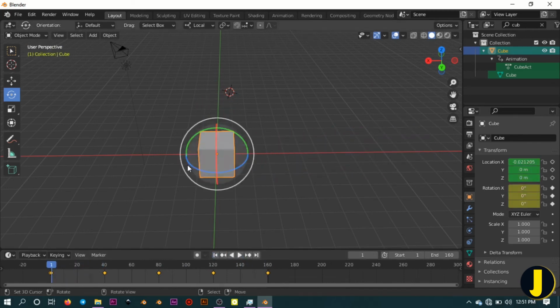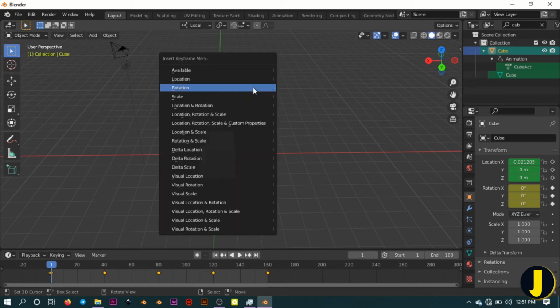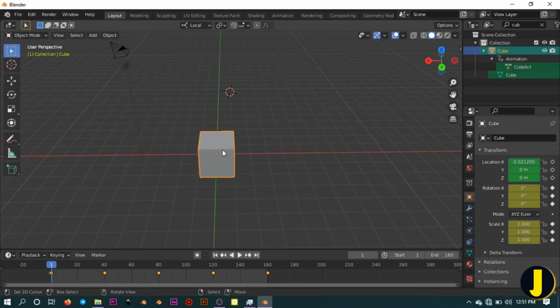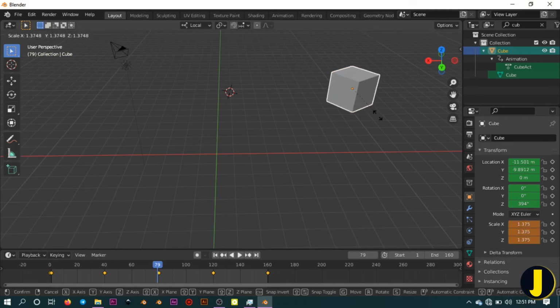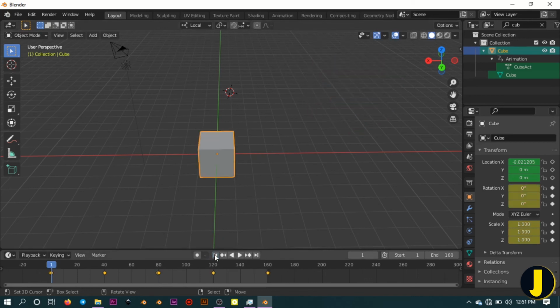Let's do one more. This time we will not come to scale, we just use the shortcut. We hit I on the keyboard and hit scale. We want this object, at that point, to be bigger, so we scale up, then I insert a scale keyframe. That is to tell Blender that from here